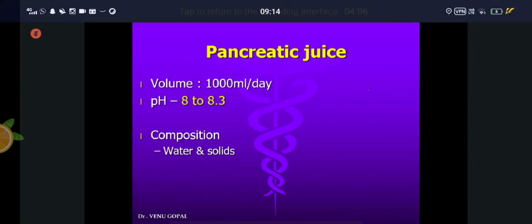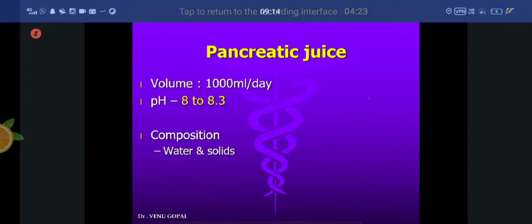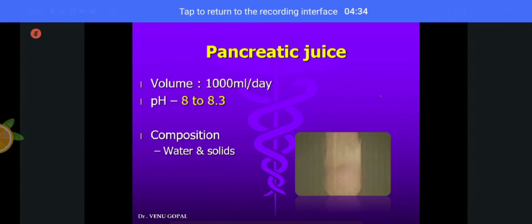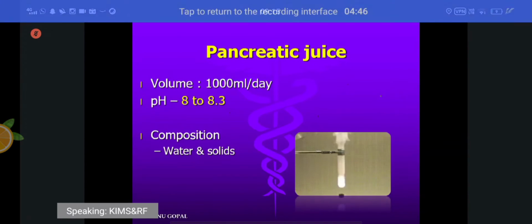In the solids, the organic list is very big here when compared to gastric juice. In the gastric juice, we have mucus, pepsinogen, and intrinsic factor and so on. But here the list is big. So we classify those lists into subgroups so that we can remember better. Here you can see it is a very strong digestive juice when compared to gastric juice. It will almost complete the digestion in the duodenum and small intestine.